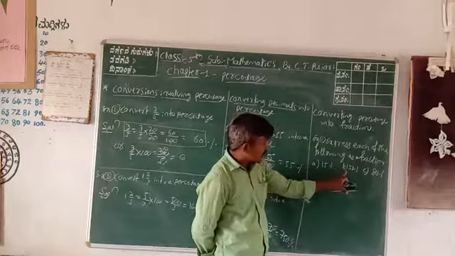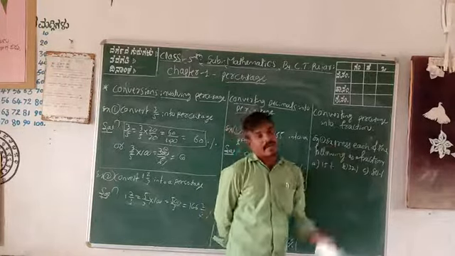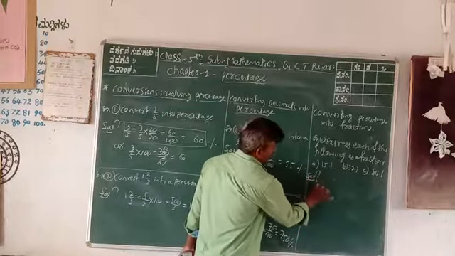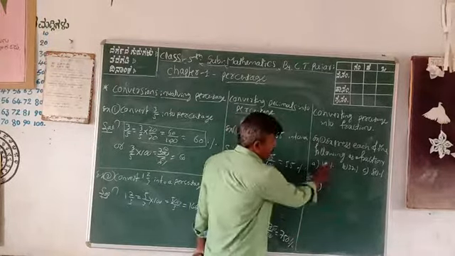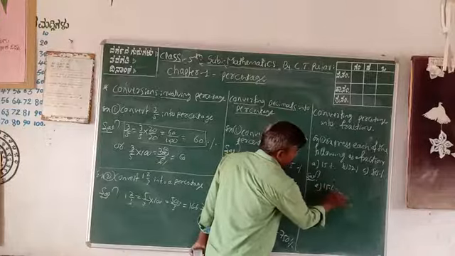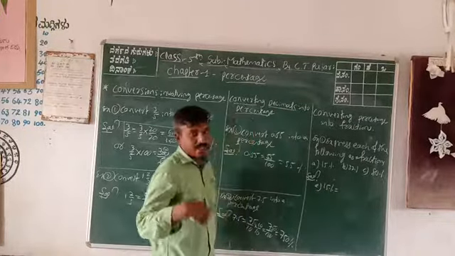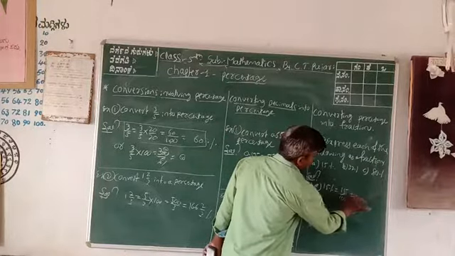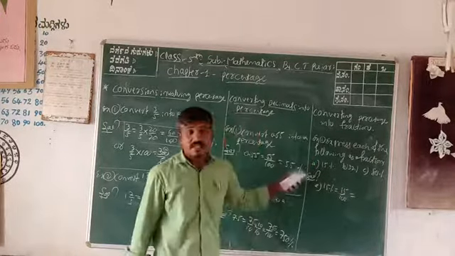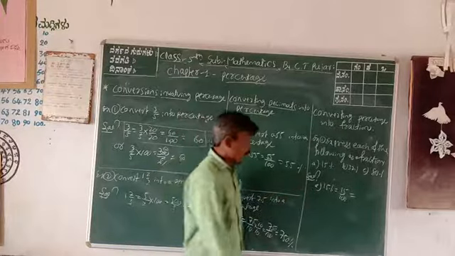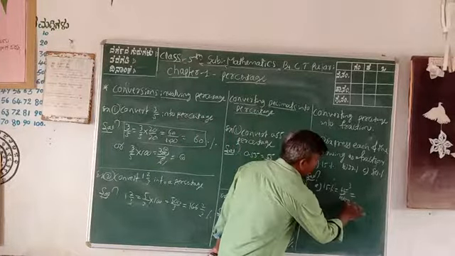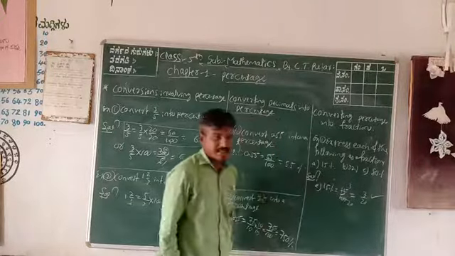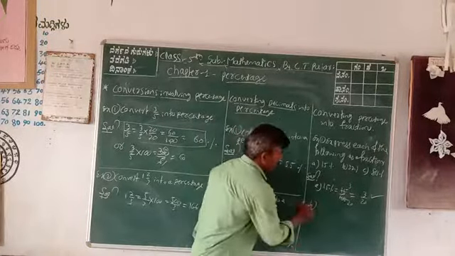The given percentages, you can write as fractions. Solution. First one, A, the percentage is 15 percent. You can convert 15 percent into a fraction, that is 15 by 100. Write it in the lowest or simplest term: 5 3s are 15, 5 20s are 100, so 3 by 20 is the fraction. Got it?